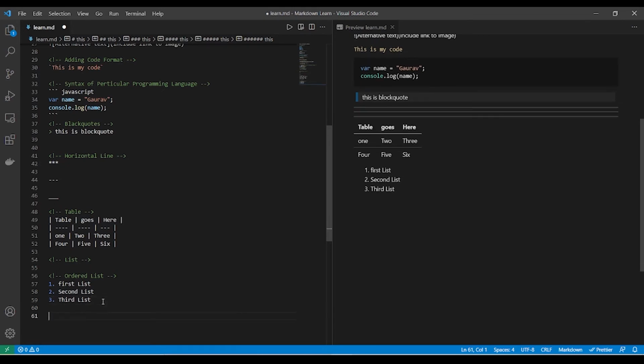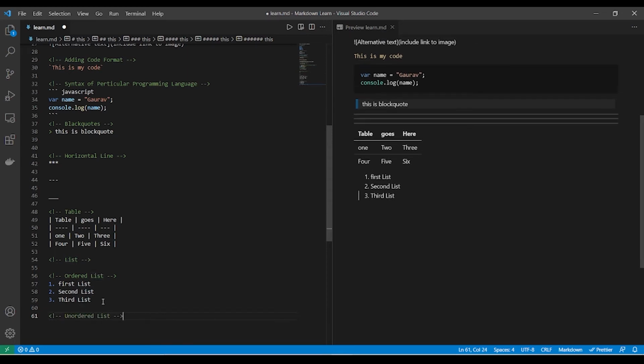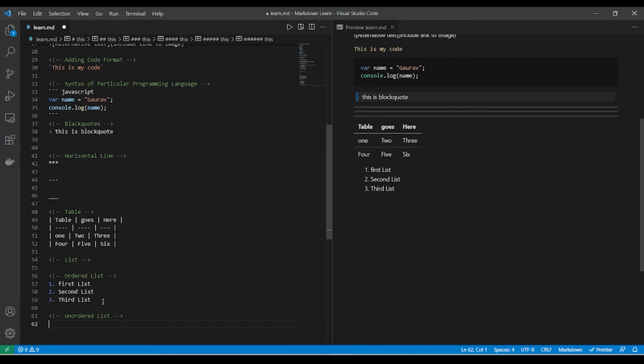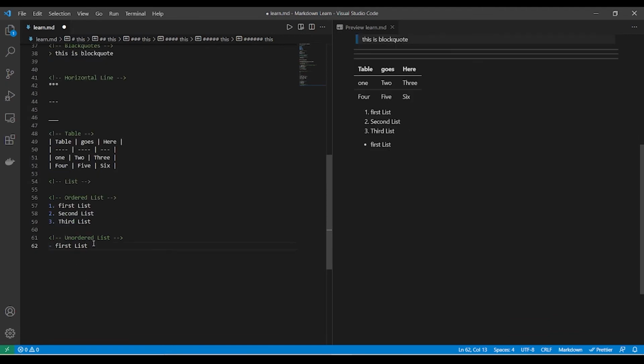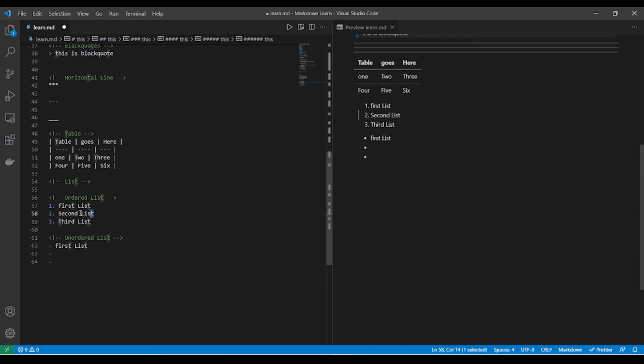Then let's move to the unordered list. Let's comment it as unordered list. For that we usually use a dash and then write the same thing. I'm lazy, so let's copy and paste right down here, and the same way we will have three more dashes to write it down, like here, a space and then this.